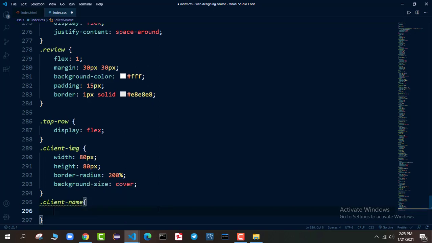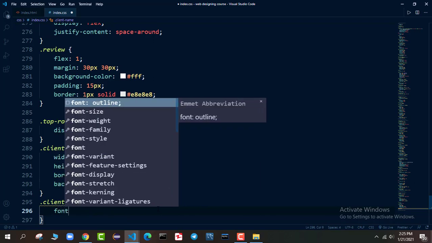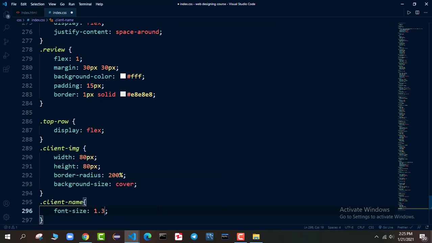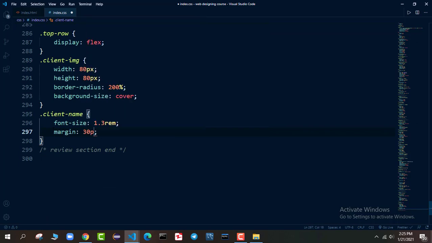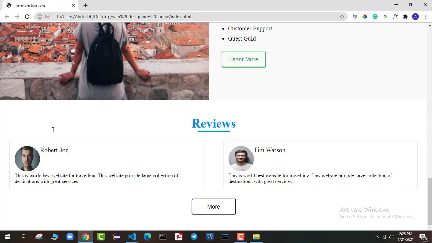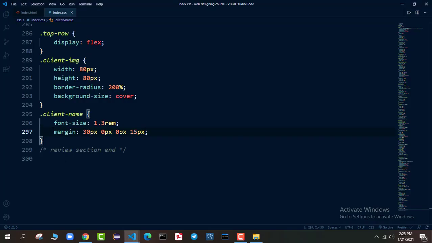Now we say font size 1.3 rem. I will say margin 30 pixel from top, 0 pixel from right, 0 pixel from bottom, 15 pixel from left. If I refresh it, you can see this is what we are getting, and it looks beautiful now.